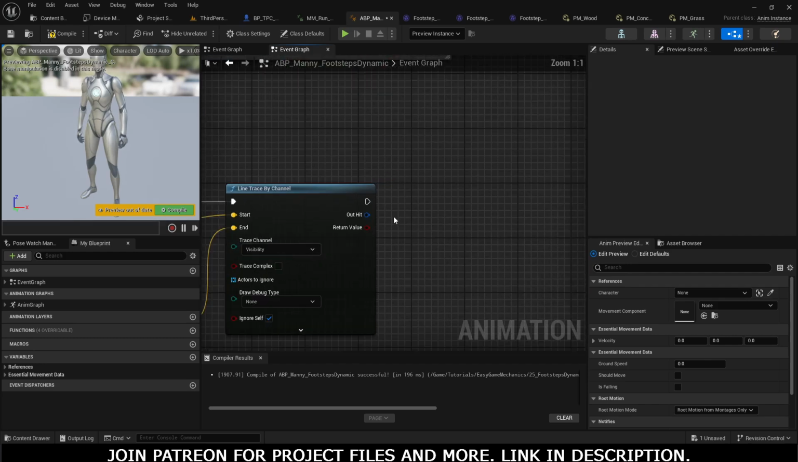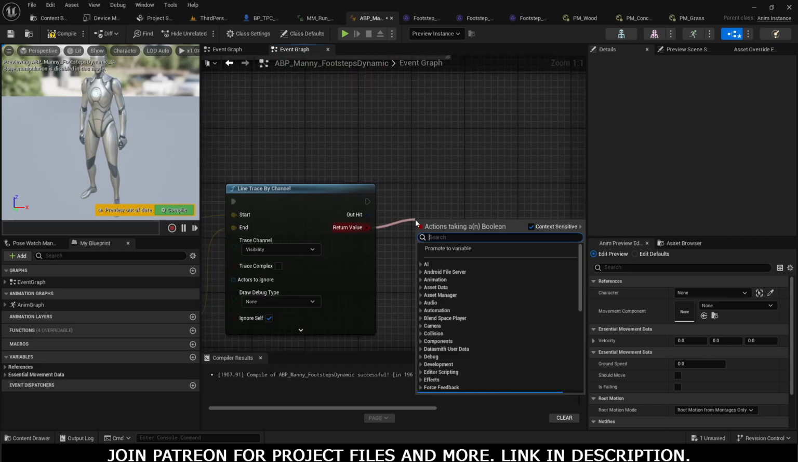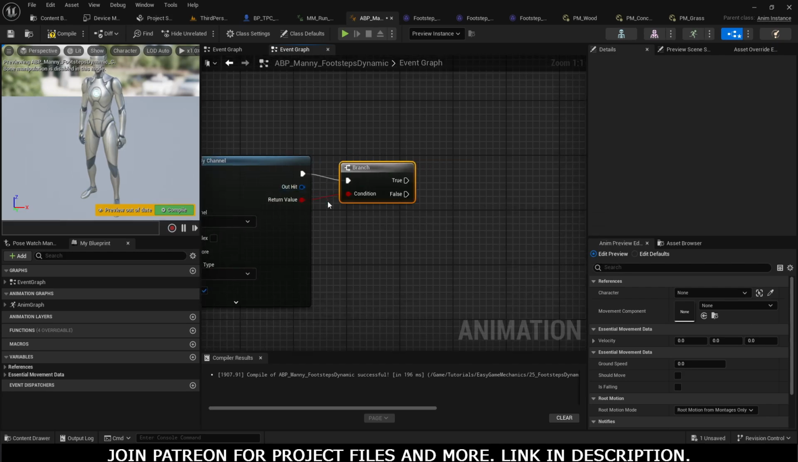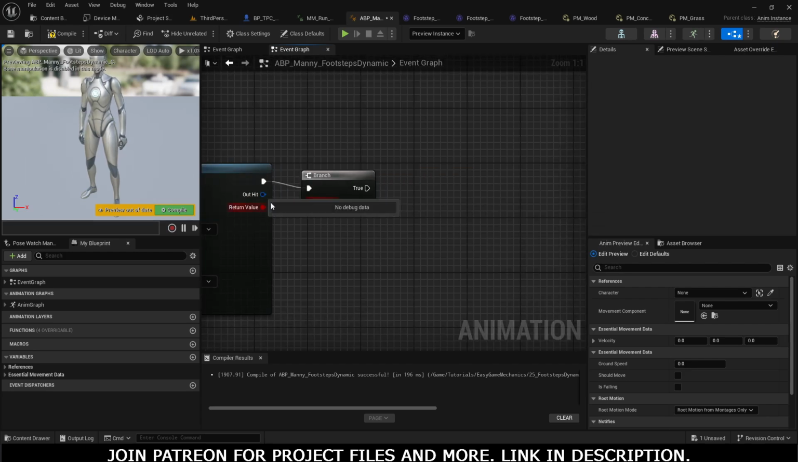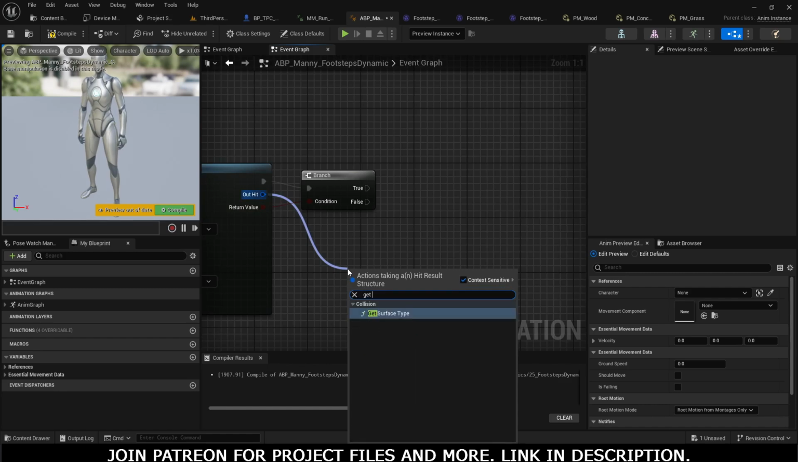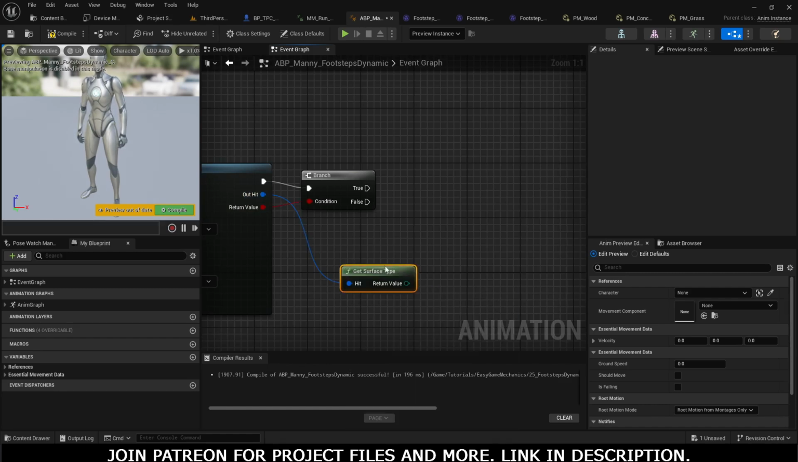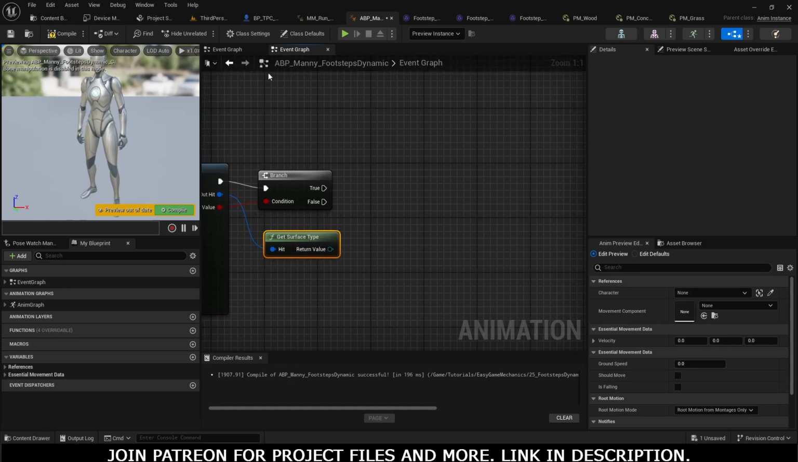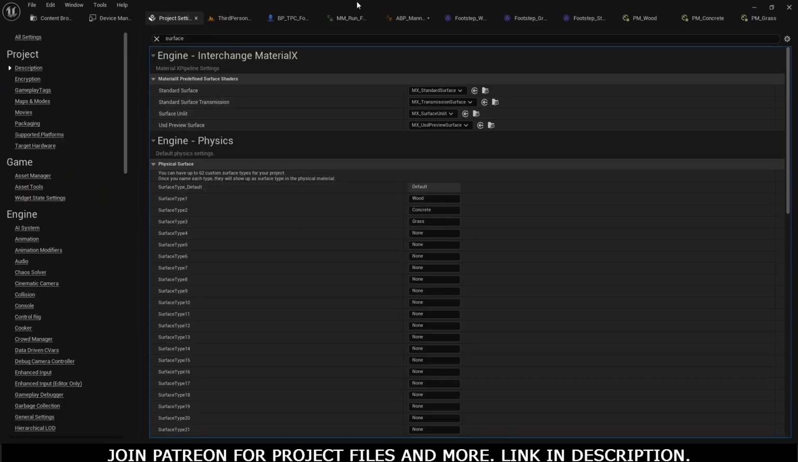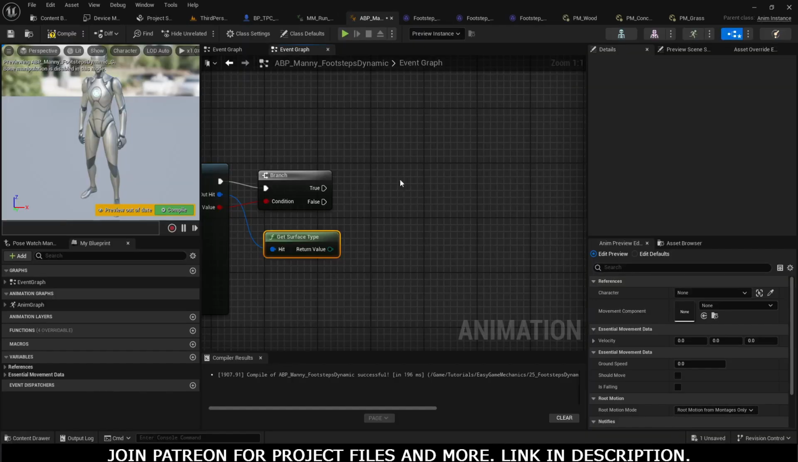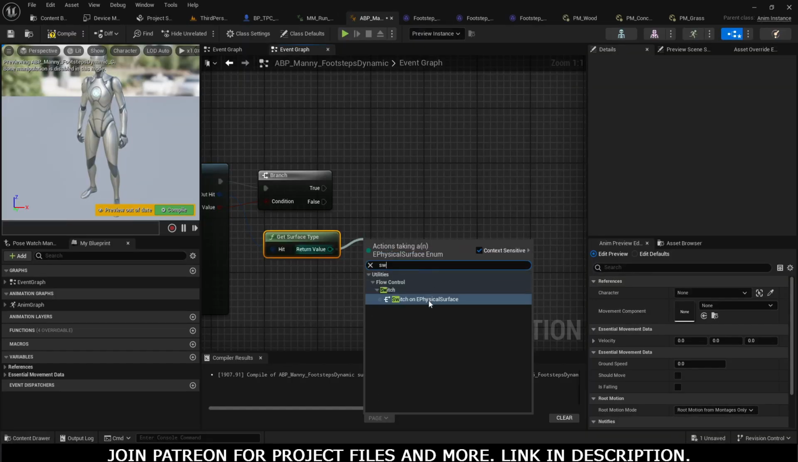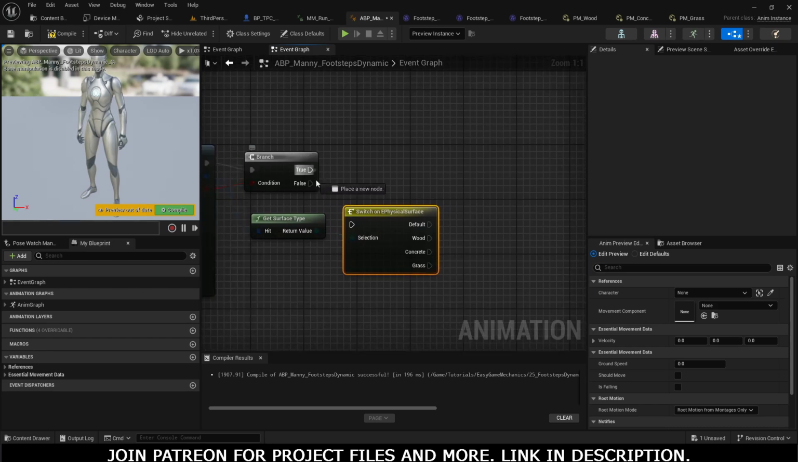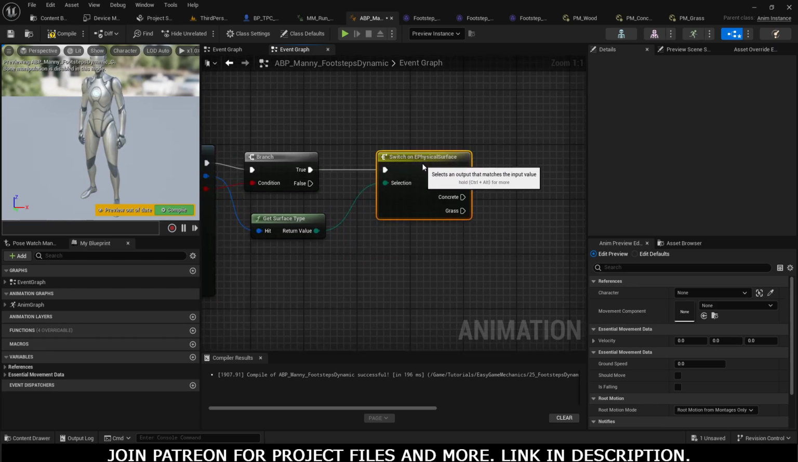And if we really hit the ground, then drag here and get surface type, and here we will have all the information of surfaces we have created in the project settings. Now switch. Now we have all these: wood, concrete and grass, and we want to run this logic only when